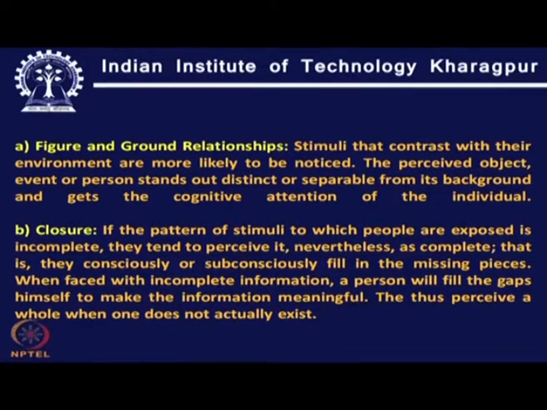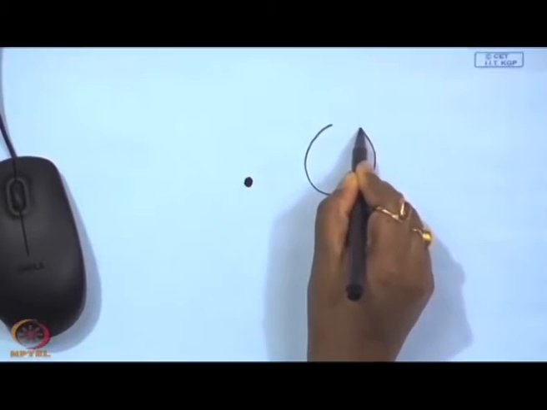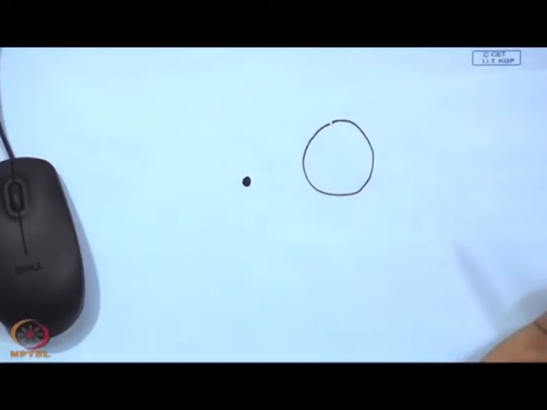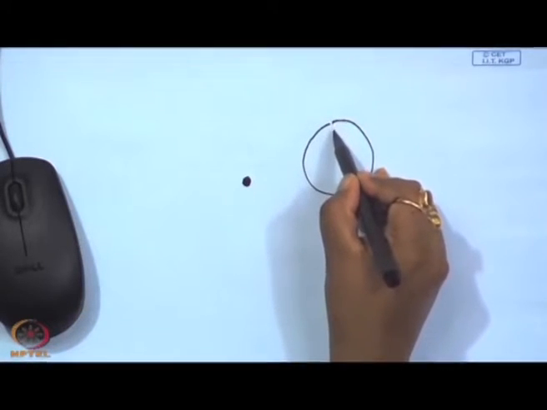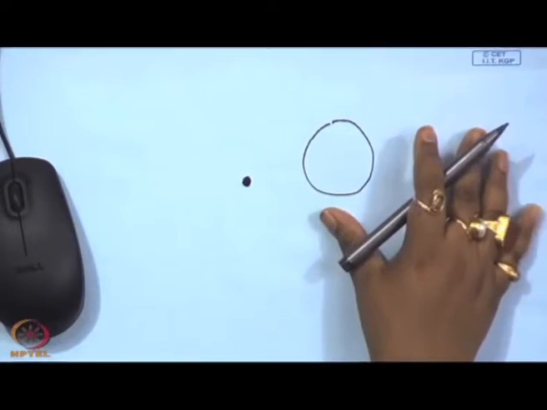Next is the closure phenomenon. In closure, it is a general tendency of people to give meaning to incomplete things. When we are exposed to incomplete phenomena, we try to give completeness to that based on our own learning, our past experience, our motivation, our personality pattern, and all these things. If you can see over here, this figure, if you notice it carefully, is not a circle, because there is a gap over here. You notice this point, there is a gap. This is an incomplete figure, but we love to see it as a circle,